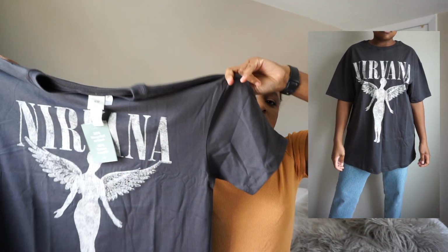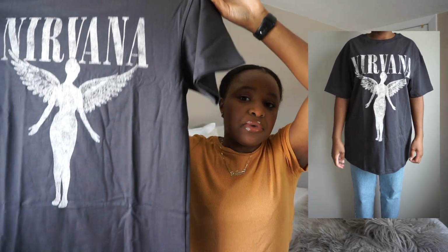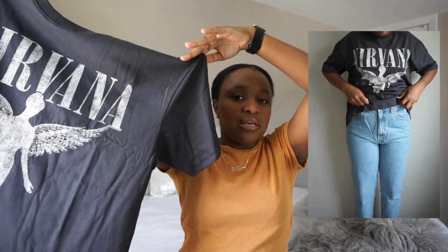And speaking of practical, I grabbed some oversized t-shirts. I have a bunch of graphic t-shirts already, but they're definitely not as oversized as these are, and I know for a fact in the summertime I want something that is a lot looser and not really fitted or form-fitting at all. So I picked up this oversized graphic tee in a size medium, and it just says Nirvana